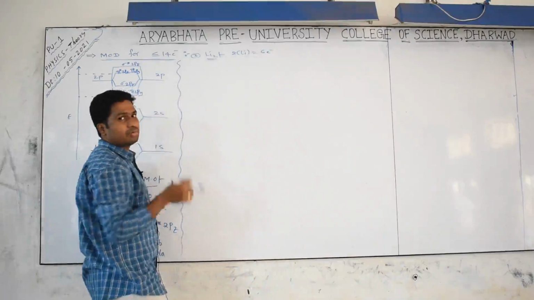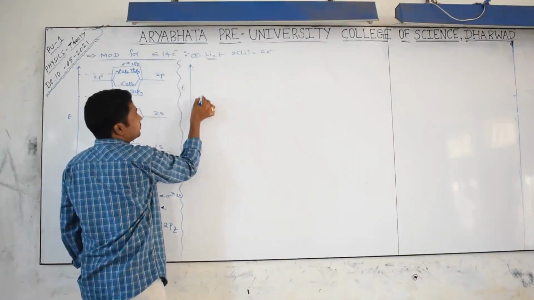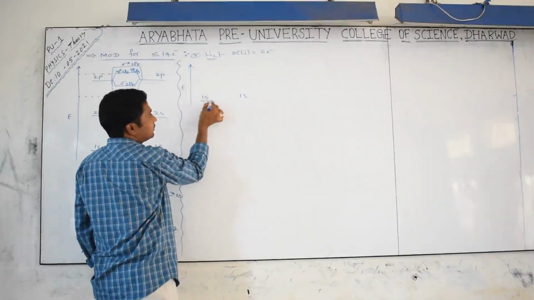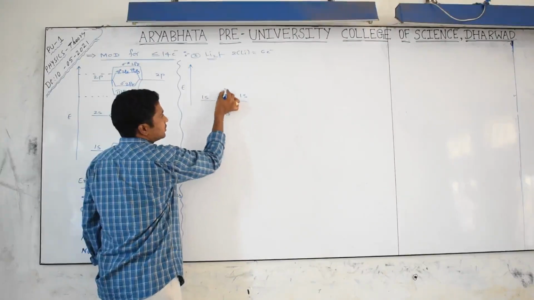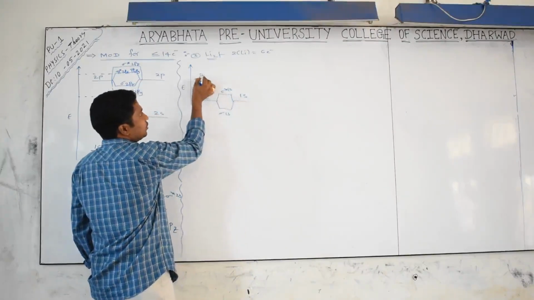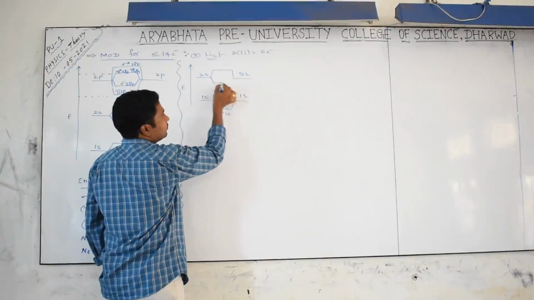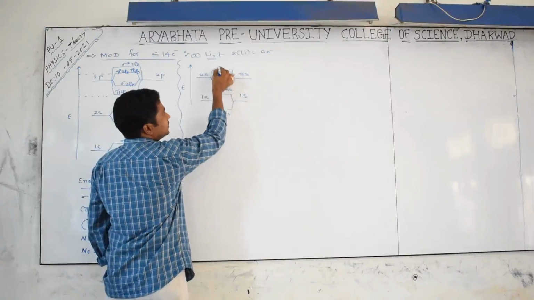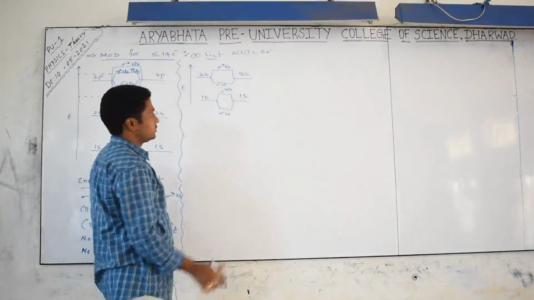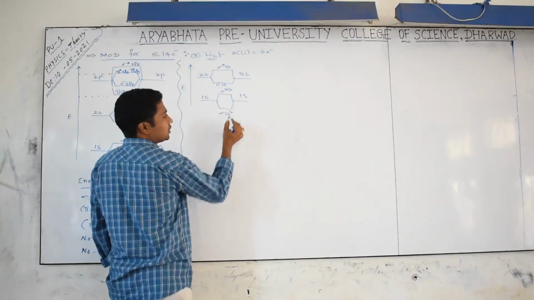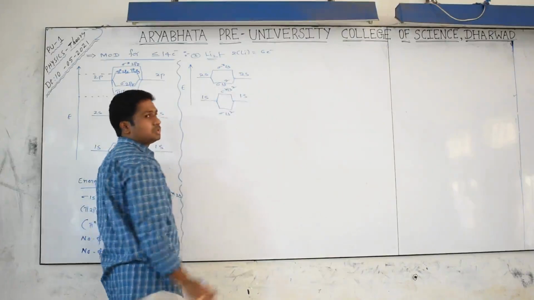Anyway, for fewer than 14 electrons we can follow this diagram. Draw it here. Energy, 1s and 1s. Then we get 2 molecular orbitals, sigma 1s and sigma star 1s. But here 2s is also required, so we take sigma 2s and sigma star 2s. How many electrons are in your hand? 6 electrons. The first 2 electrons go into sigma 1s, the next 2 into sigma star 1s, and the next 2 into sigma 2s.